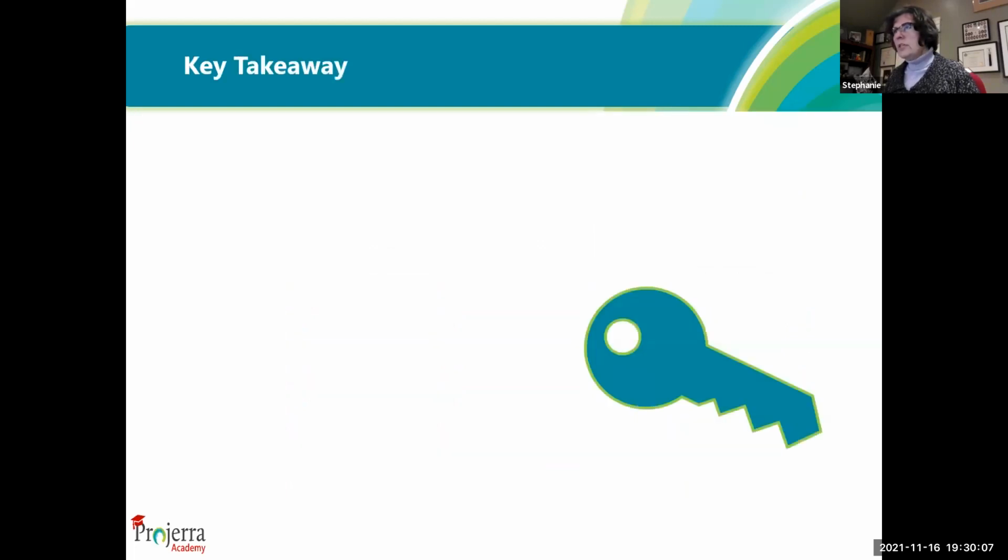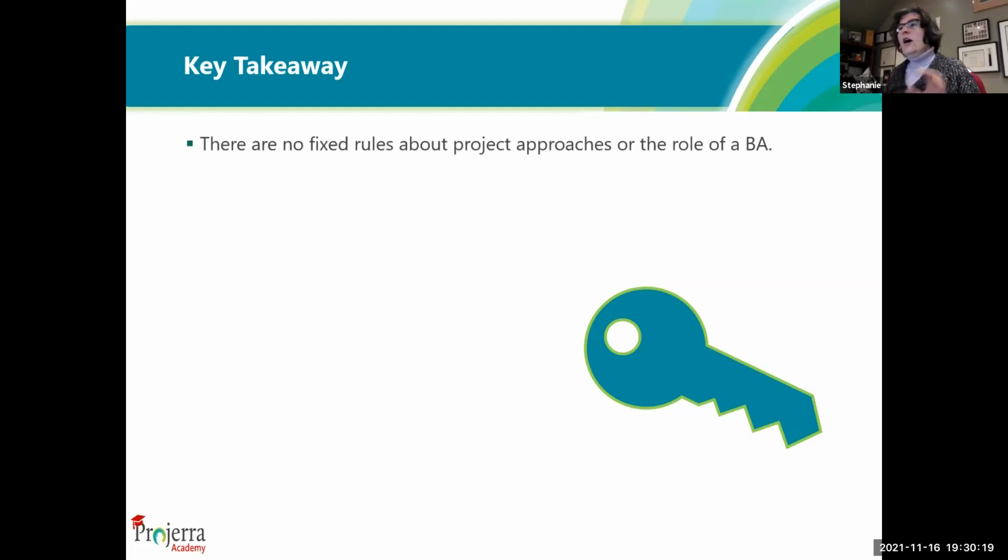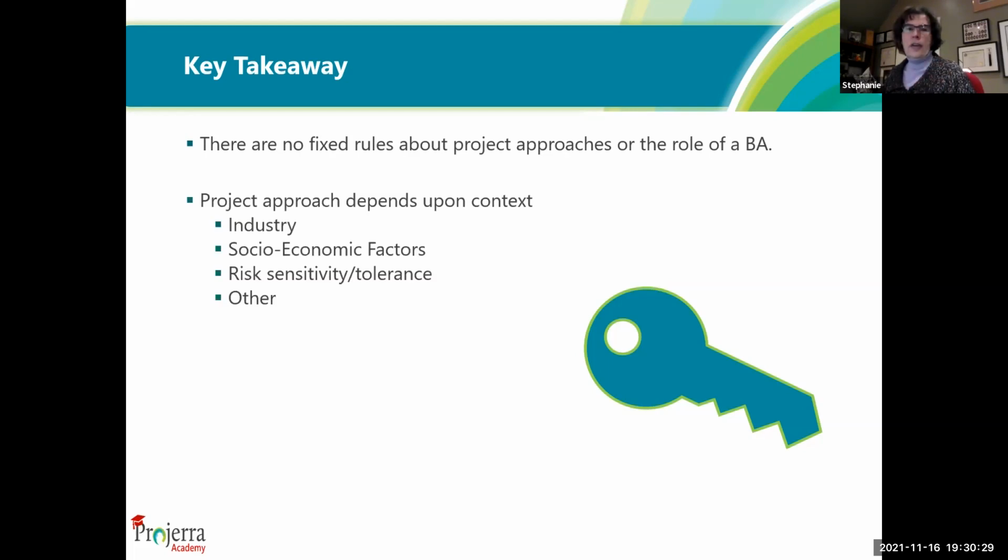Okay, then I'm just going to say the one key takeaway that I want you to remember at the end of today's presentation. I know we've talked about a lot. We've got 5 different approaches and many different techniques. There's no fixed rule about project approach or the role of the BA. There's some basic methodology out there, but everybody's going to do their own thing.